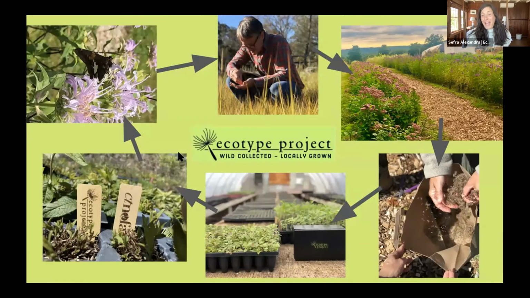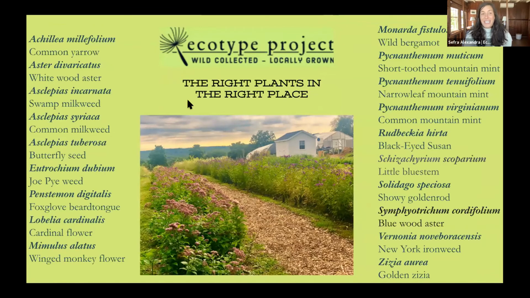And to make that happen, we actually had to go out and find the botanists and the farmers and the seed collectors and get nursery partners and so forth. And we are still looking for many more botanists because there really aren't that many field botanists. And so that's been a real challenge to get more species in production. So these are the species that we're working with currently. They're mostly upland meadow.